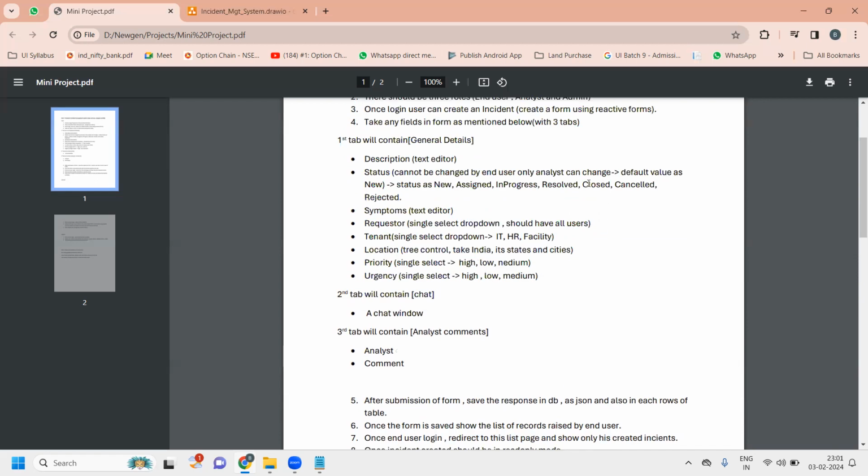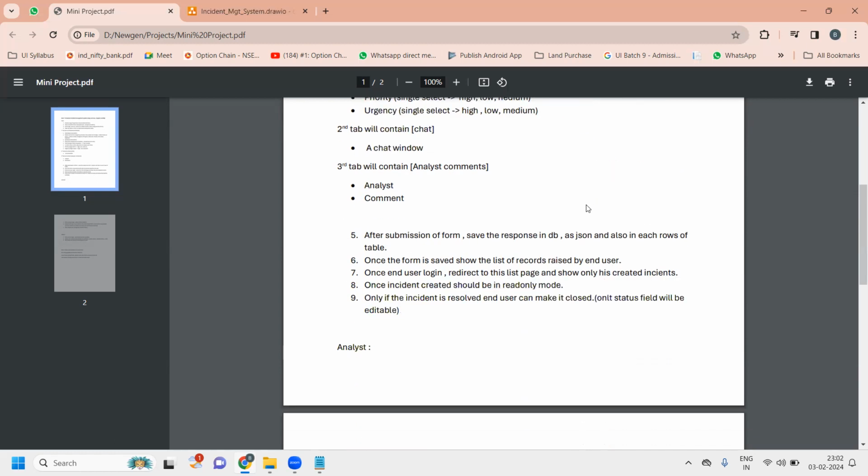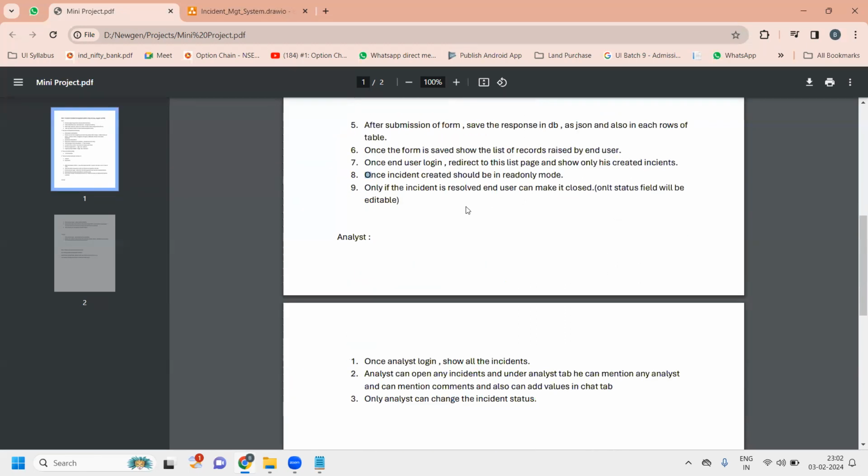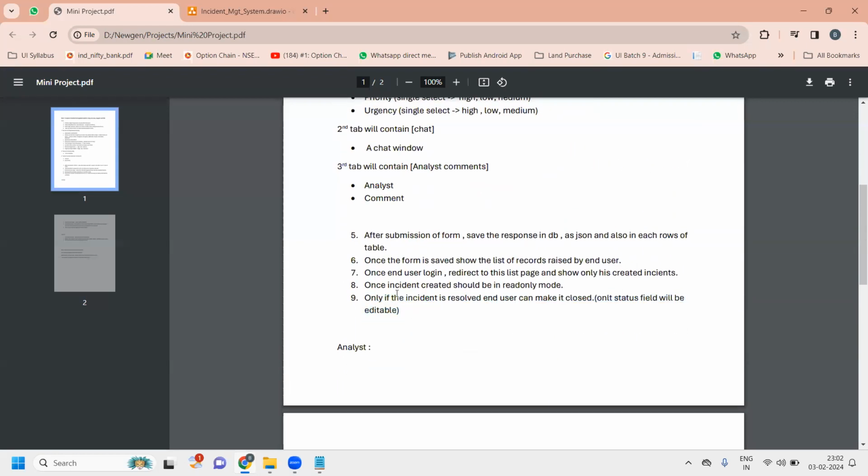So this close status, as I mentioned earlier, the end user can close it once he finds that whatever the analyst has done as part of this incident is correct. He can just mark it as closed. So this is for that. Only the status field will be editable. Okay, got it. So this is all about